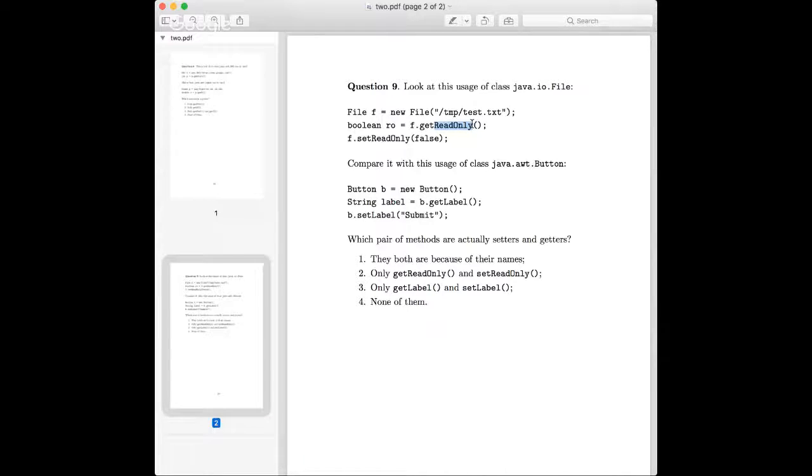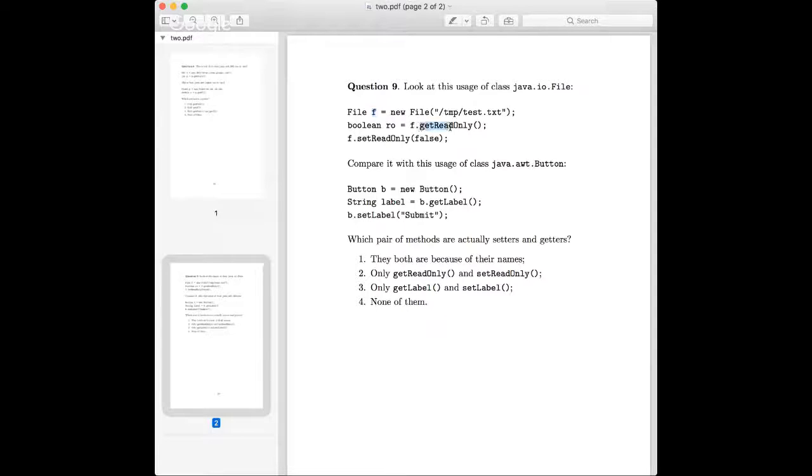It's something which is located on the file system. So in order for this method to work, it has to go to the file system and retrieve that data from there. So this object F has to work with some other entity which it represents, the real file on the file system, in order to return the value.